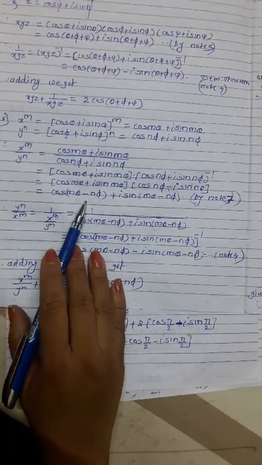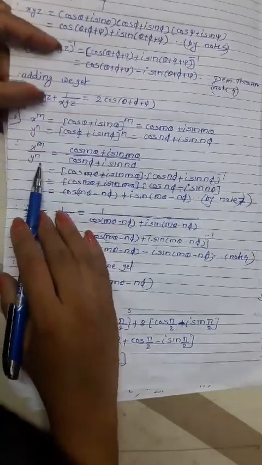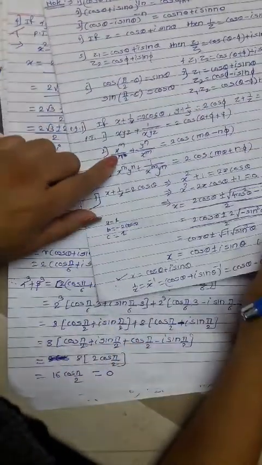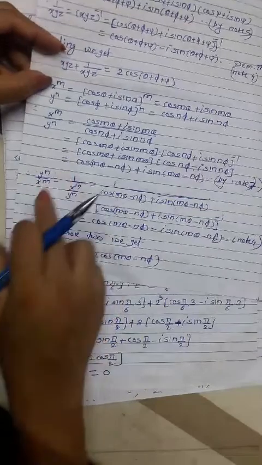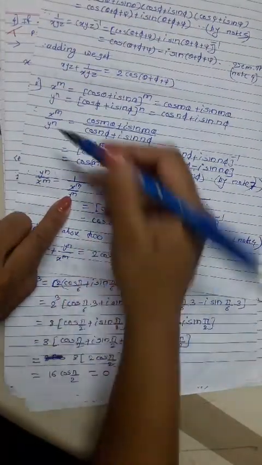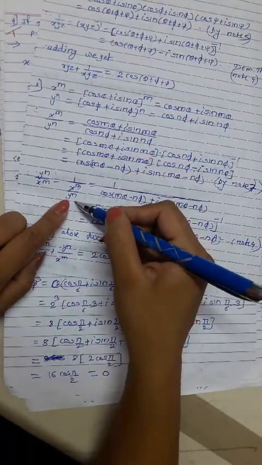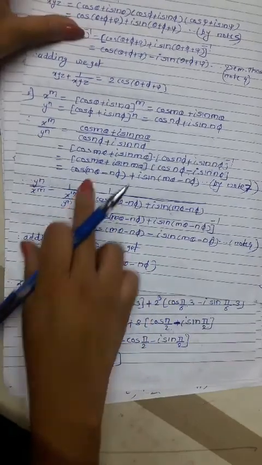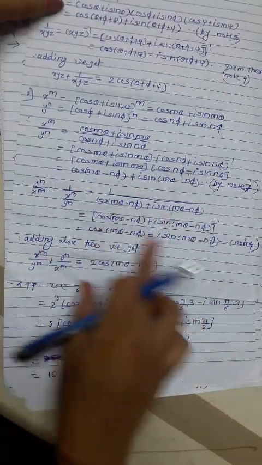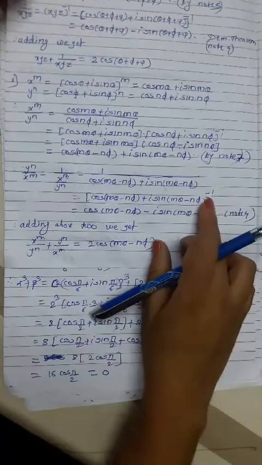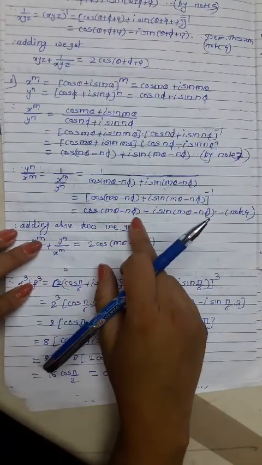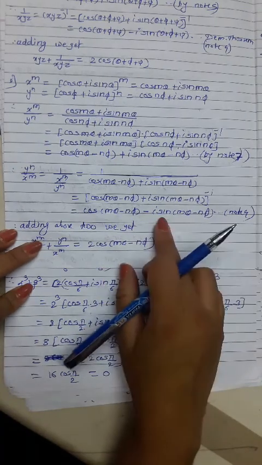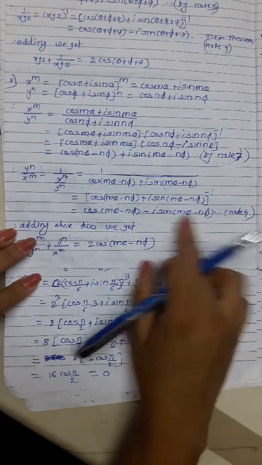Okay, this is x raised to m upon y raised to n, which we have just found. What is y raised to n upon x raised to m? It is just the reverse of this term. Therefore, y raised to n upon x raised to m is 1 upon this reverse, x raised to m upon y raised to n. Now this term stays as it is. Take the reverse on this side, minus 1, and by De Moivre's theorem the middle sign changes: cos of m theta minus n phi, minus I sin, same angle.